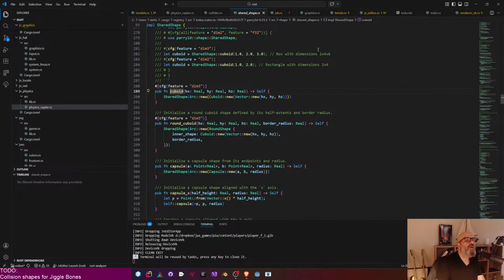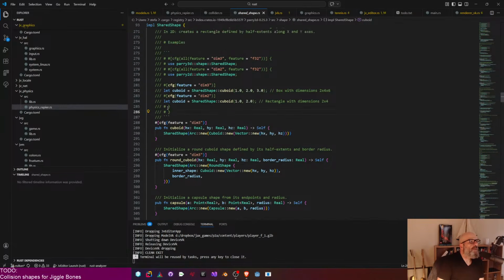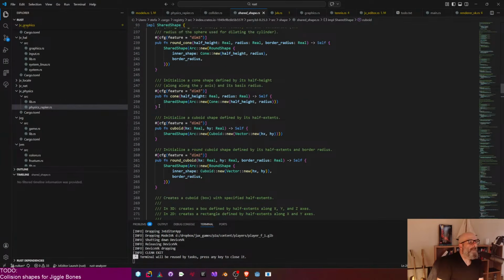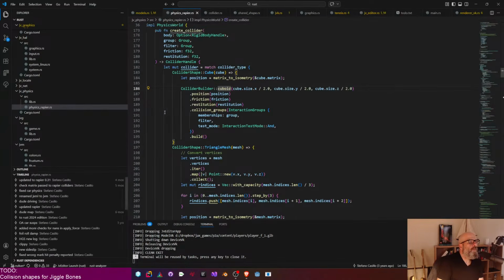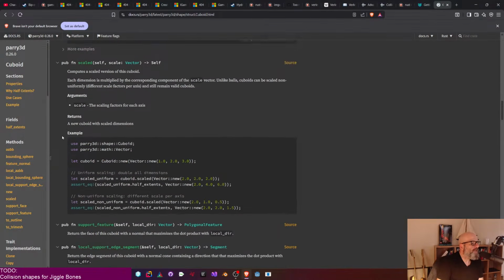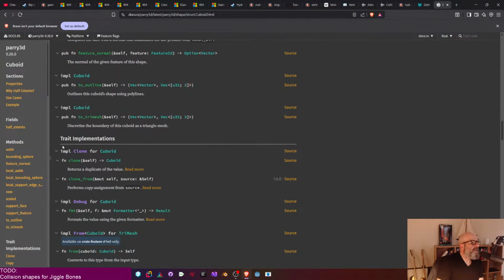Cuboid. Parry. Okay, so internally that's what it's using. That's what Rapier is using, so that's what the physics engine is using. It still doesn't really have